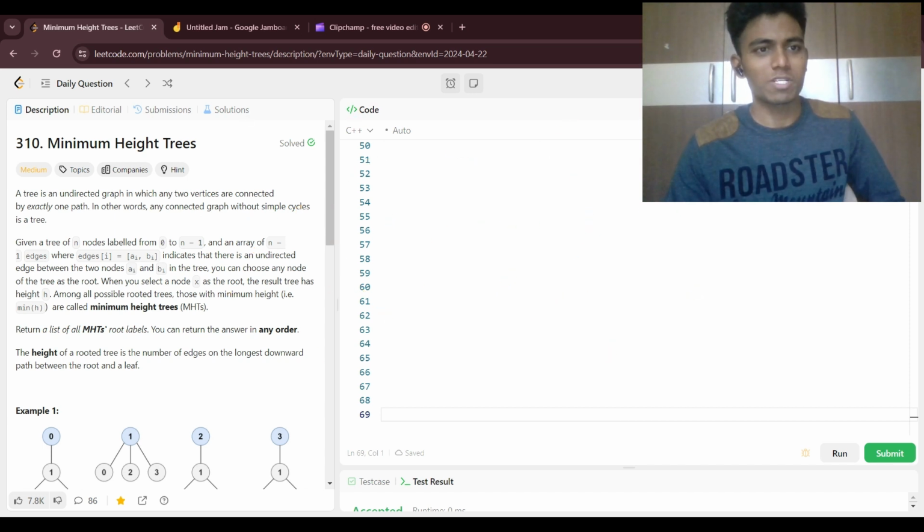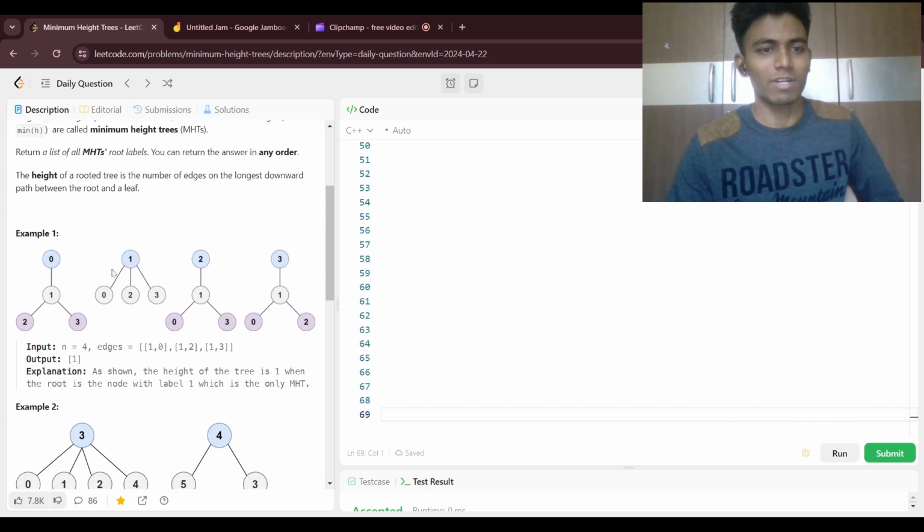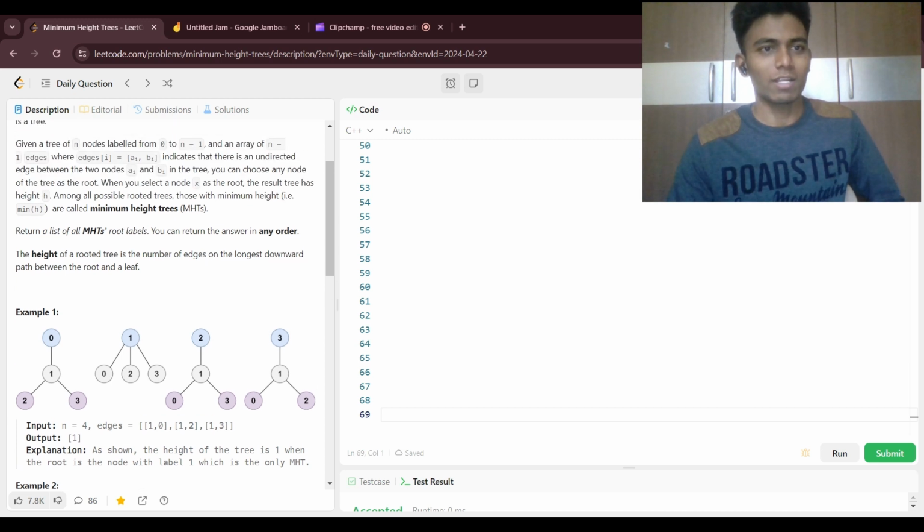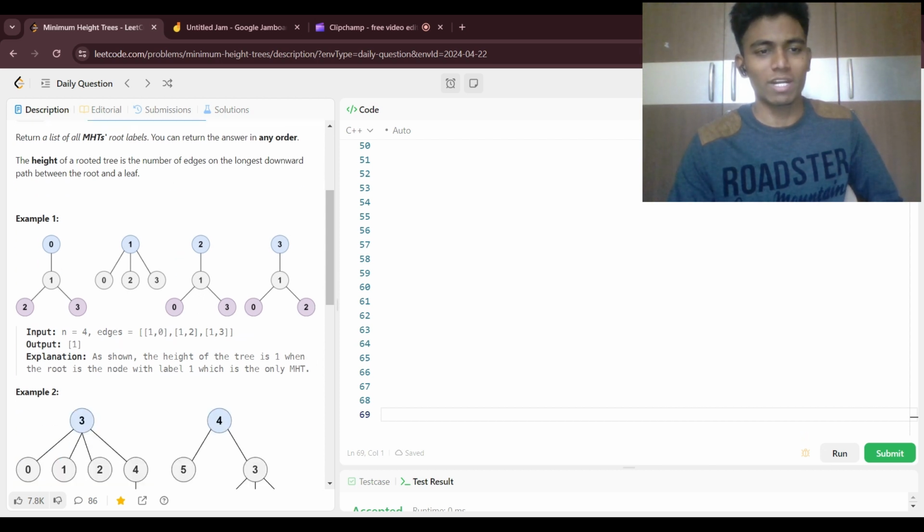So today we are going to be solving today's LeetCode question, which is Minimum Height Trees. We are given an undirected graph that does not consist of any cycles. It is kind of like a tree, and we need to find the minimum height trees present in this particular tree. Suppose we are given edges and the number of vertices present